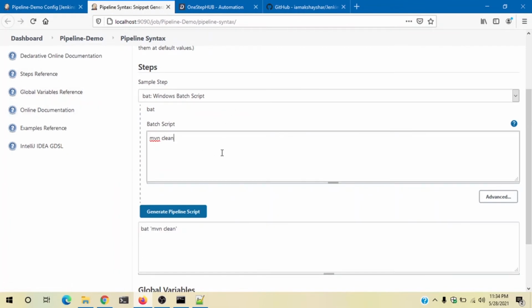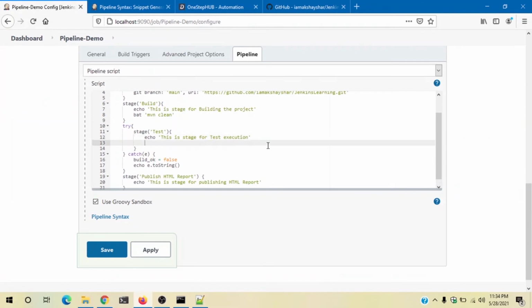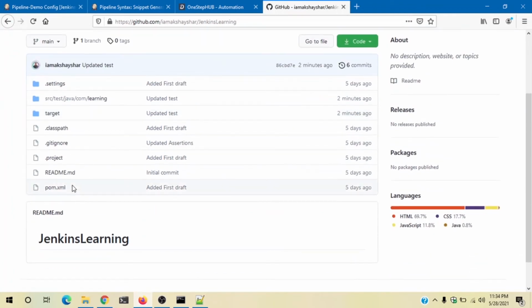Now I want to configure this test, right? I know that this is a Maven project, and to run the test, we have to execute the command maven clean install. And I'll go to generate script again and copy the new command here. I'll paste it in the test section.